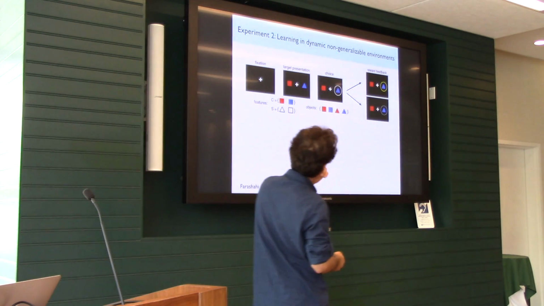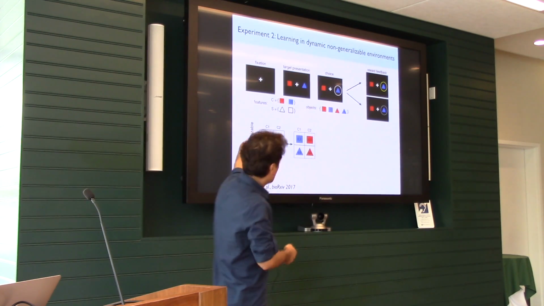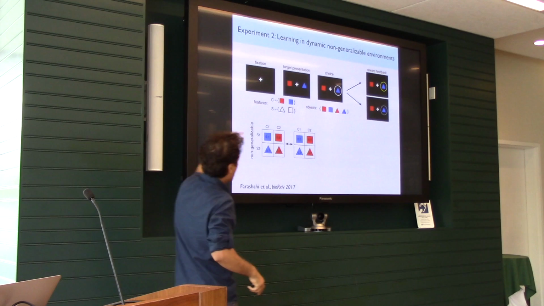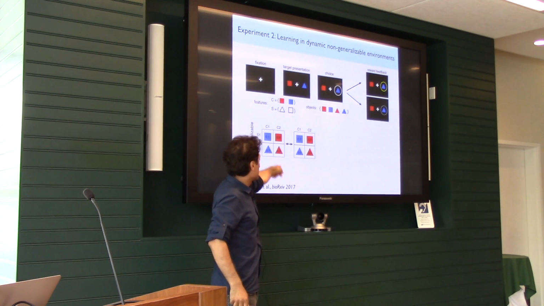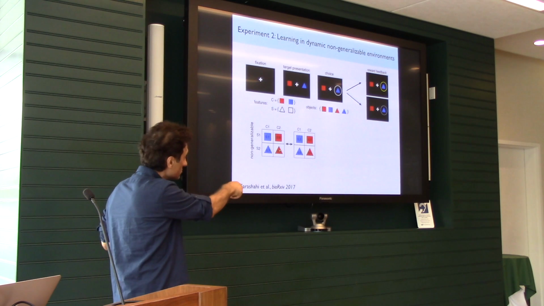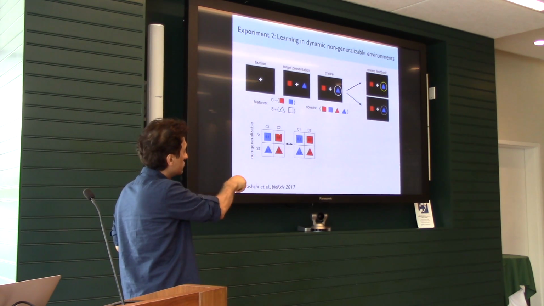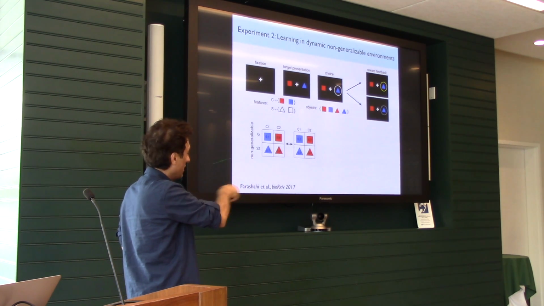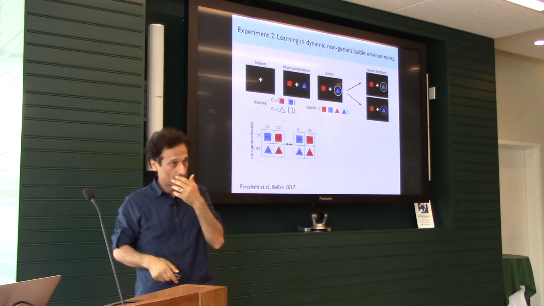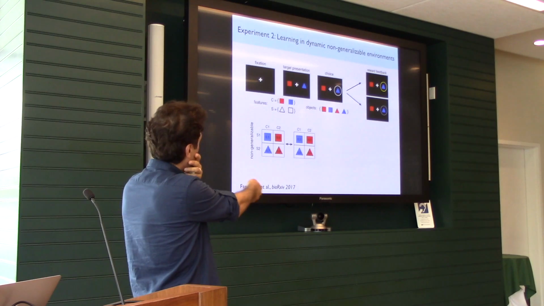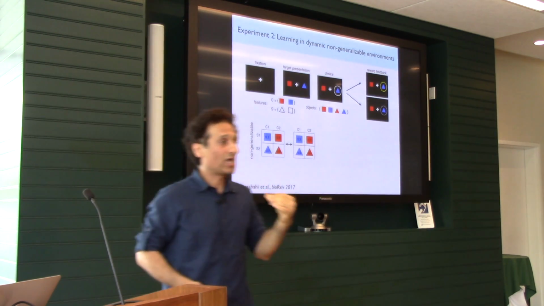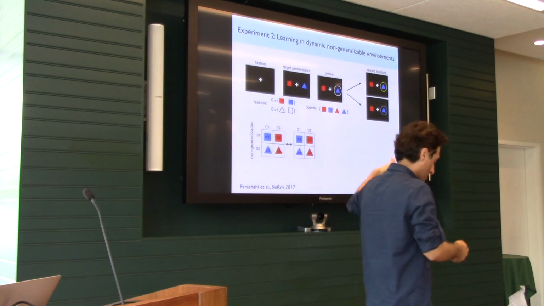We have another experiment which is identical to this, but now the way the rewards are assigned to these 4 objects is different. Now you can see the average reward value of red is slightly better than blue, but the squares are not necessarily better than triangles. So there is no information on the shape, but there is information on the color. And then the same thing, we switch the reward probabilities between blocks of trials, so the subjects have to constantly learn what is going on in the task.